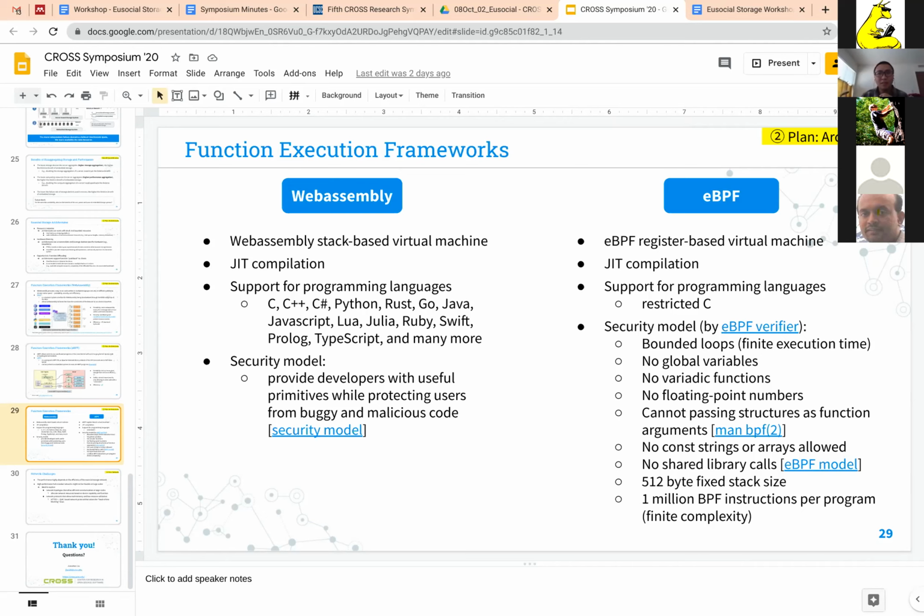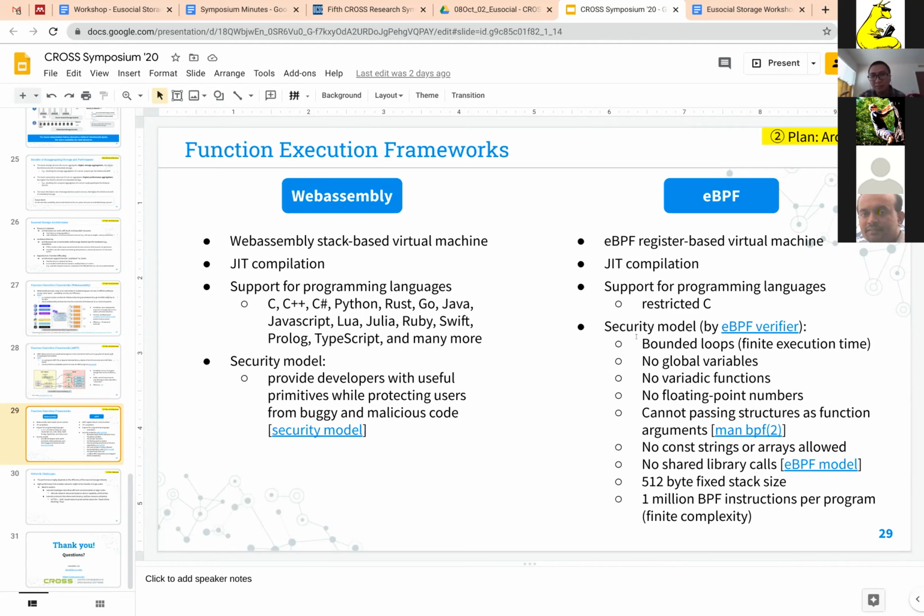I think this is because of this kind of hurdle. As I said, eBPF was created to be used within the kernel. So if we move this idea to be used on storage devices, we may need a different set of limitations for that environment. In that case, we could allow the program to use global variables and things like that. We probably need to relax some of those requirements in order to actually make use of this technology.